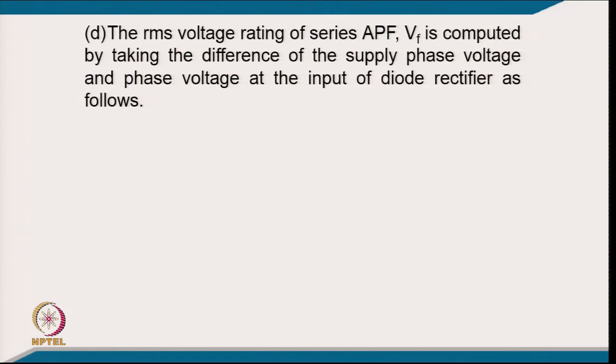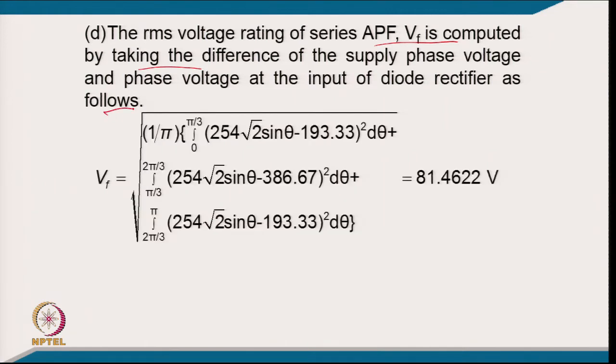The RMS voltage rating of the series active filter VF is computed by taking the difference of the supply phase voltage and the phase voltage at the input of the diode rectifier. That is the RMS voltage. We can use half wave symmetry, so it is 2 by 2 pi for 180 degrees. From 0 to pi, it is 254 into root 2, the peak voltage of the sine wave, into sin theta, minus VDC by 3,